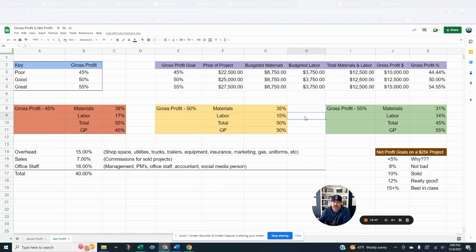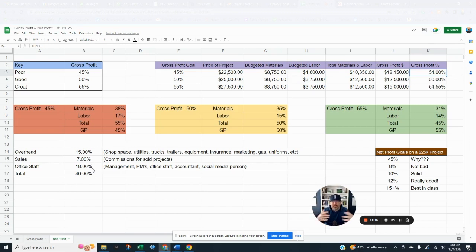Now, some of the expenses you are saving on, because if you're out there installing, you might not have labor at 15%, right? You might have two guys that you pay $20 an hour, and they're making $800 a week, 1,600 bucks, and the three of you can put in a $25,000 project. Well, now you're at 16. Let's say this is 1,600, because you're not putting any of that. Well, you're at 54%. Now, this might be higher than 40%.